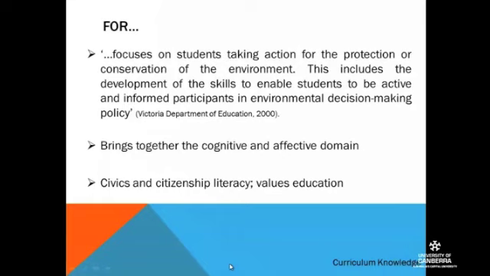The final area, 4. Acting for the environment. This one's a tough one. You get the tough at either end, when you start with about, your geographic and scientific concepts, and the 4, the acting. Because what you're trying to do in this area is bring the cognitive and the affective together to promote citizenship. That's really what you're about here.